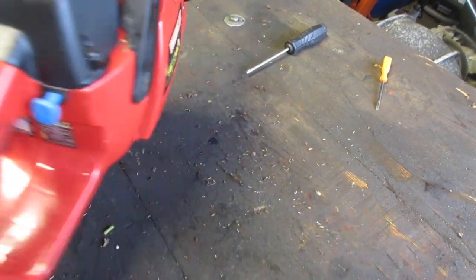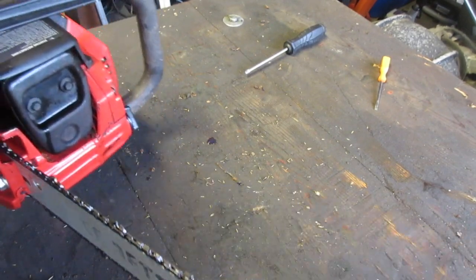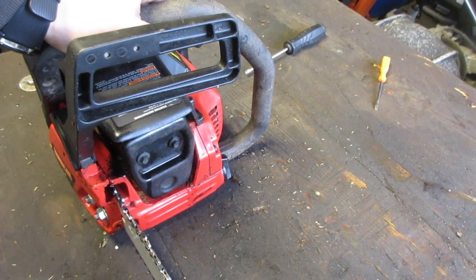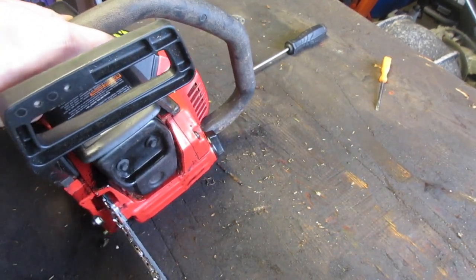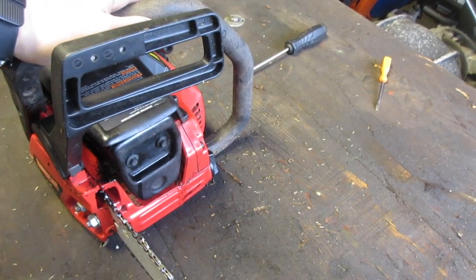So obviously this saw runs, so it's not going to be too much of a problem, but whenever I hear a saw doesn't run and I pull on it, and generally you can feel it pretty easily in the pull cord if it has no compression. If I pull on it and there's no compression, I instantly take off the exhaust, and the reason why is